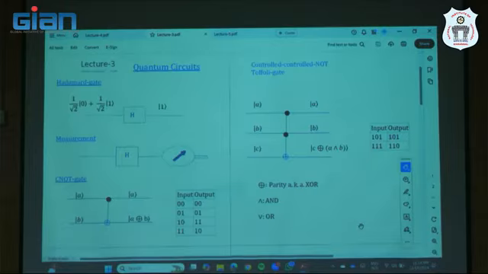The first wire you can call the control wire. The second wire can you call target? Yes, you can say target. Okay? Okay, good. Now,